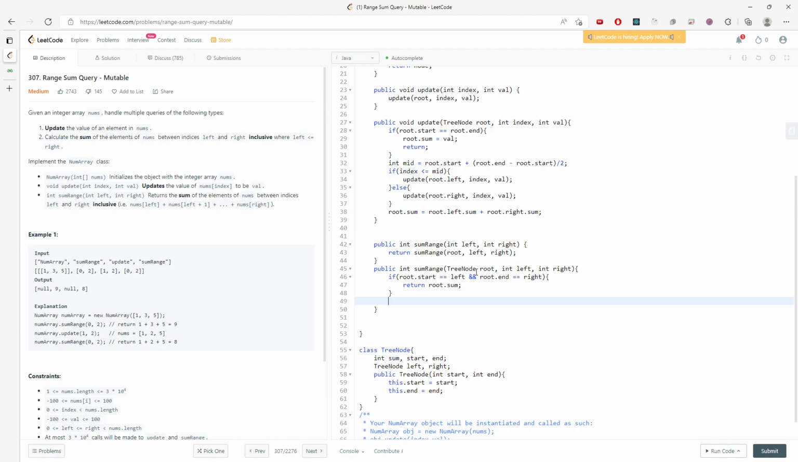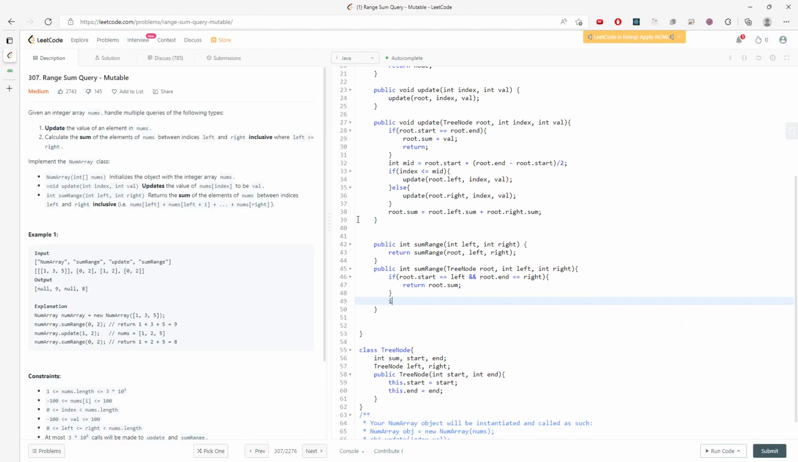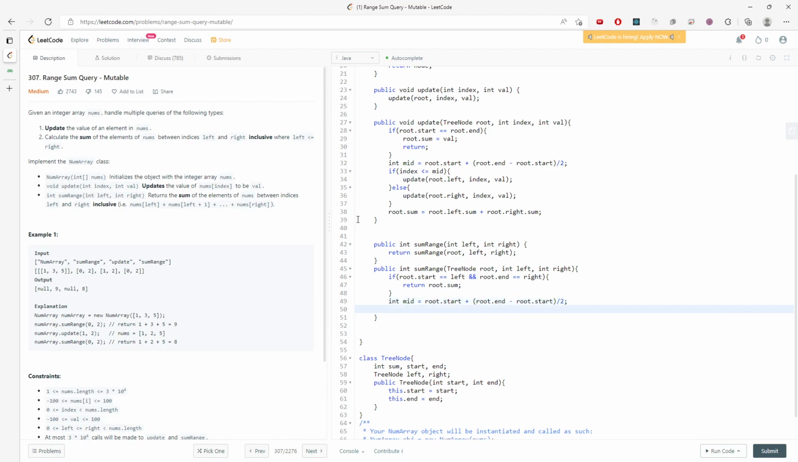So I can say what? I have to find out the midpoint if I want to know which side of the tree I'm looking at. It's either left or right, right? So I'm saying mid equal to what? Root of star plus root of n minus root of star divided by 2. Yeah. So if I know the index,